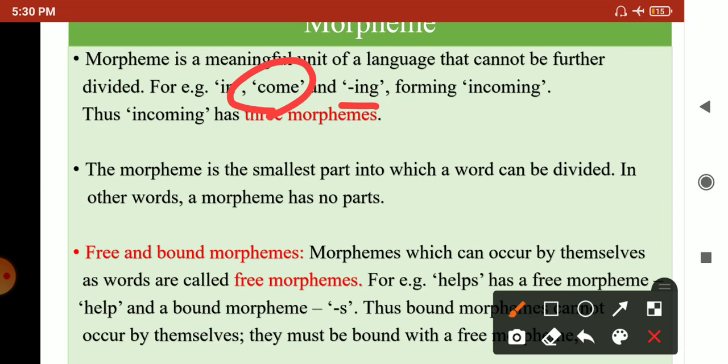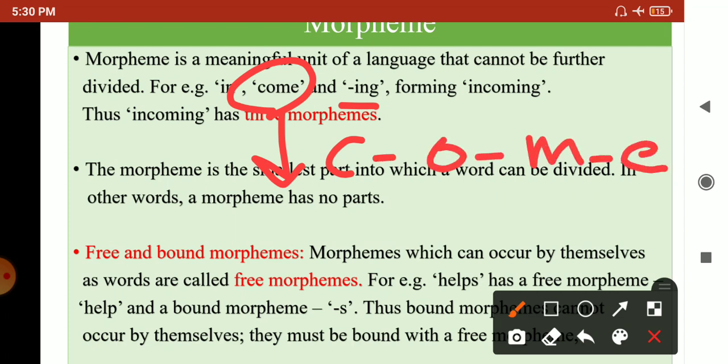So what is a morpheme? Morpheme is the smallest meaningful unit of a language that cannot be further divided. आता कम तुम्ही फर्दर डिवाइड करू शकाल का? नाही. तुम्ही कम मग असं लिहू शकाल COME, पण मग तुम्ही हे काय लिहिताय? तुम्ही अल्फाबेट्स लिहाल, and alphabets don't have meaning. नुसते अल्फाबेट्सना मीनिंग आहे का? काही नाही. When these alphabets are combined in a specific order, then